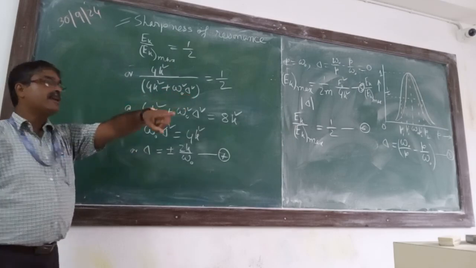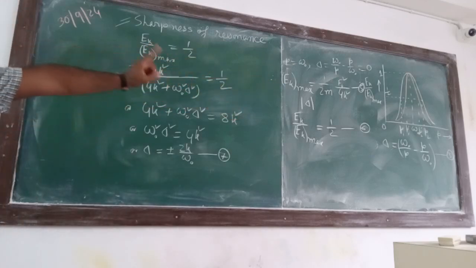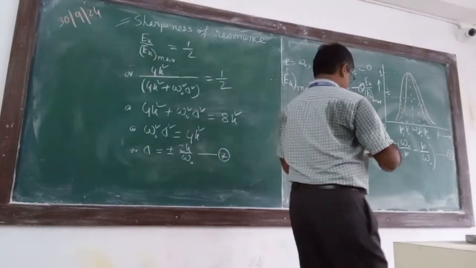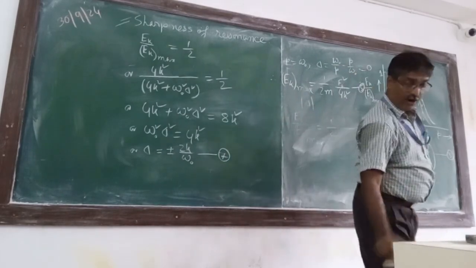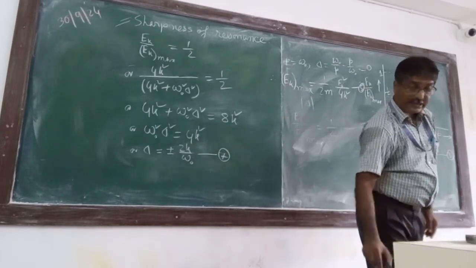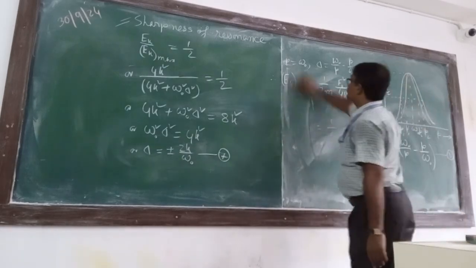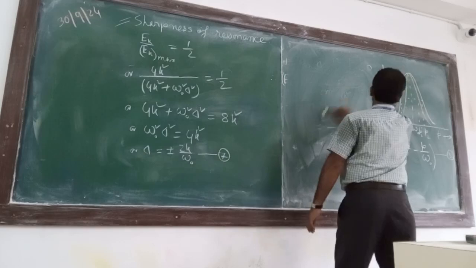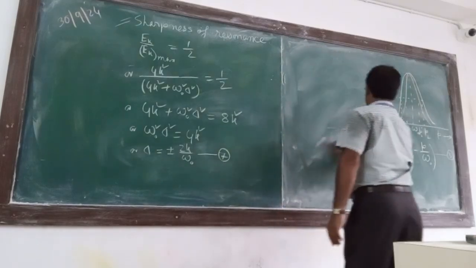And as per the quantitative definition, the reciprocal of del at which Ek by Ek max equals to half, therefore the sharpness of resonance is given by,